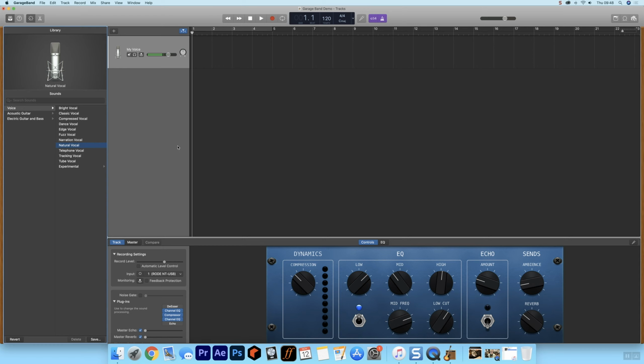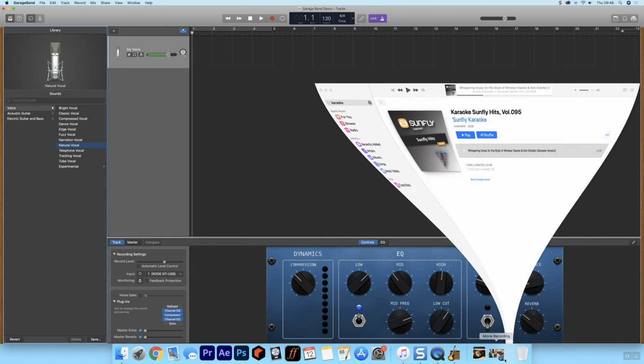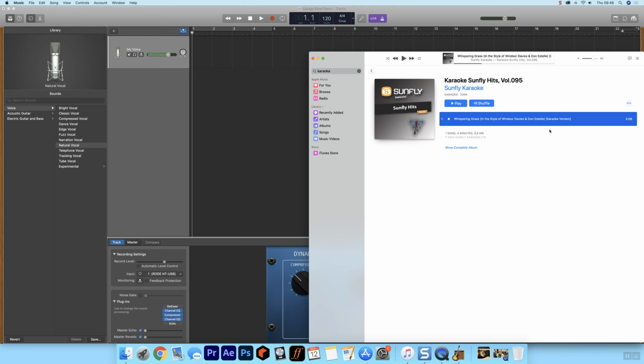Okay, and it's about dragging the backing track in, so this is kind of important. I can just drag a file in off my desktop, or I've got a file here in iTunes and I can drag it straight in from iTunes. I've downloaded a karaoke track from iTunes and I'm going to drag it in, not into this track, because what